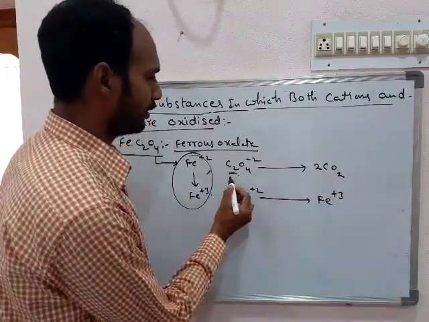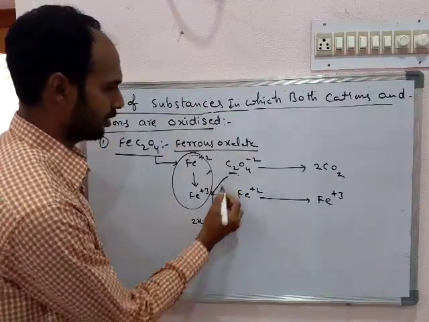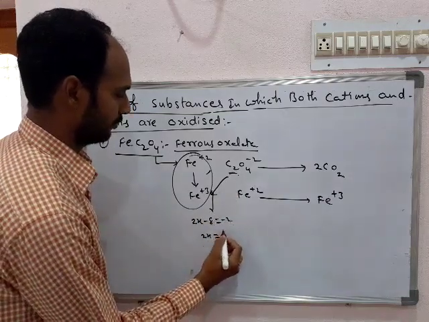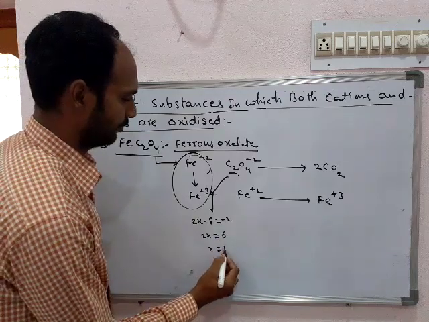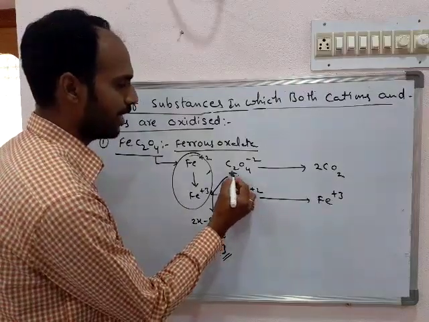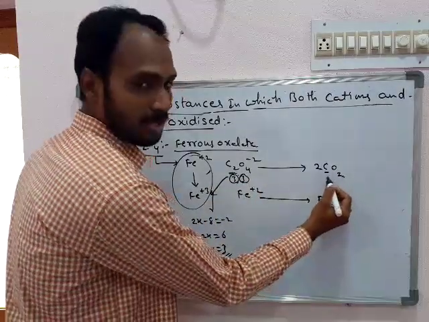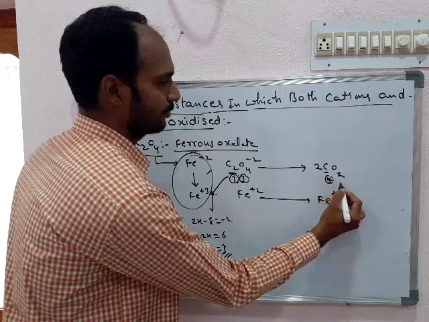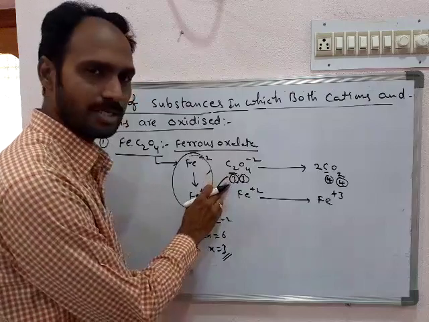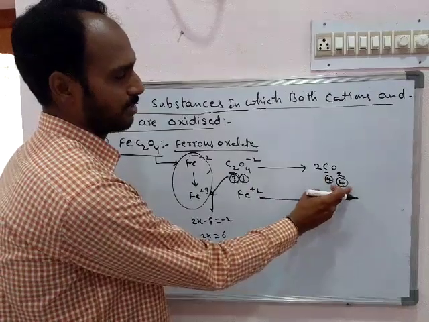Here, carbon oxidation number. So what is the oxidation number of carbon here? Here each carbon is having oxidation number +3. Here 2 carbons means 3, 3. Again here we know the carbon oxidation number is +4, 4, 4. Means each carbon is in the +3 oxidation state, and 2 such carbons are present. Here also 2 carbons in the +4 state.